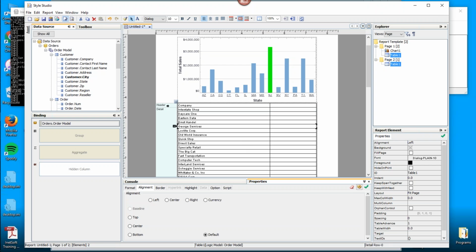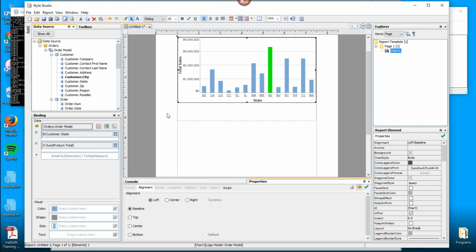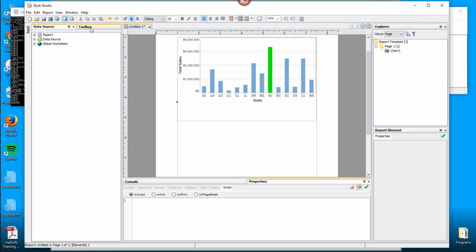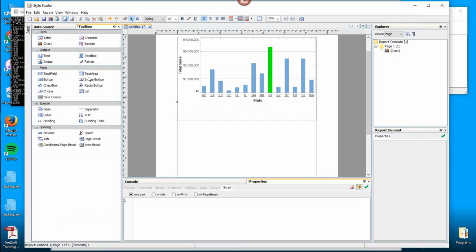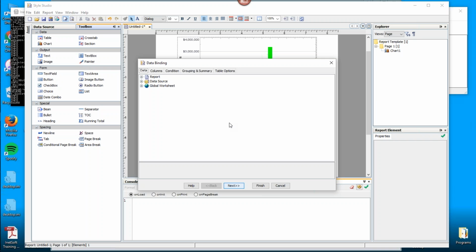So I'm going to delete this table, and instead I'll just put the insertion point where I want it, go to the toolbox, and instead of dragging the table into the report, I'll just click on the table component here, and that opens up this data binding wizard for a table. The data binding wizard is a one-time tool. You can use it once, but then you can't come back to it, although anything that you can do in the wizard, you could also do afterwards. So it's not like you're going to be in a complete jam if you mess something up in the wizard. But it's worth noting that it's a one-time tool. It's just to build the initial table, and then you don't come back to the wizard again.